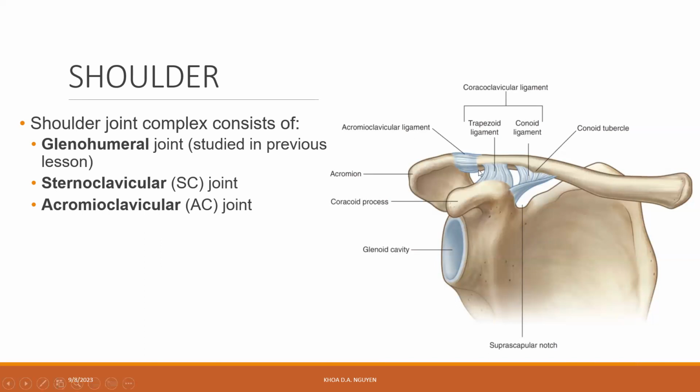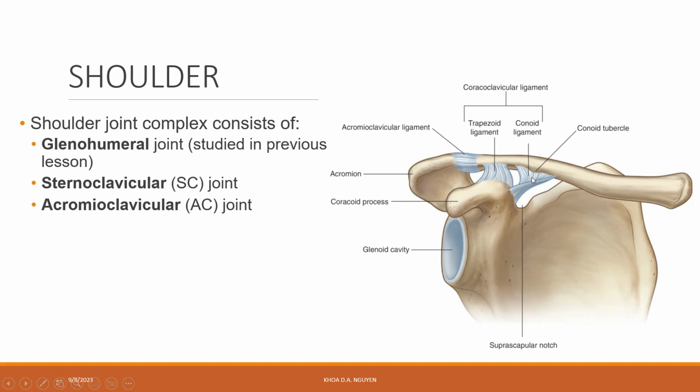So this is your AC joint on the right side. And the AC joint or acromioclavicular joint consists of the lateral end of the clavicle articulating with the acromion process of the scapula right here. So now, just like the sternoclavicular joints, the ligaments that help reinforce the joint are going to be those capsular ligaments right here, as well as this ligament called the coracoclavicular ligament, which in itself is composed of 2 separate ligaments, the trapezoid ligament right here, as well as the conoid